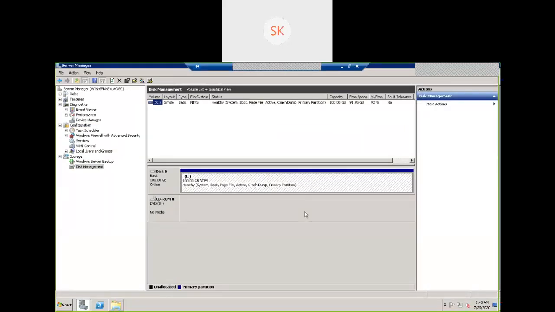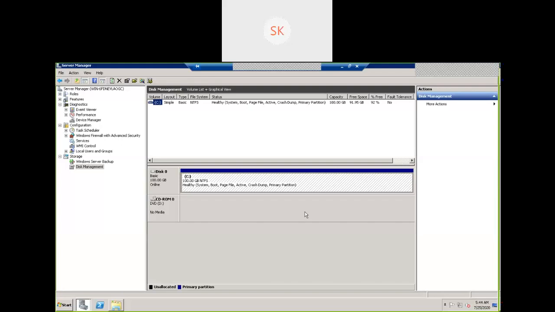For all the storage actions, whether we create a partition, create a drive, or create an expansion, whatever action you do, we perform it from this Disk Management. As an administrator, you should be aware of Disk Management. Generally, the basic issue is that we add one more disk here, and then I'll show what happens.